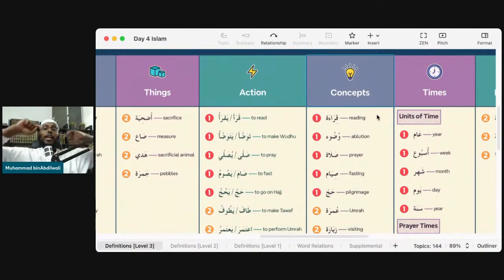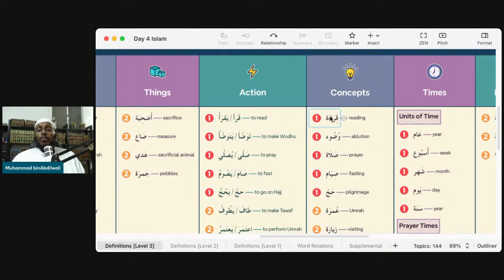Even though there's a strong connection between qira'a, reading, and the verb to read, there's a big difference. Qara'a gives you a tense. Yaqra'u gives you a tense. He's reading now, qara'a, he read. But qira'a doesn't give you a tense. That's why it's not a verb. It gives you the meaning of the action, the act of reading, but without a tense. This shows you the difference between a noun and a verb. قرأ يقرأ قراءة. And this is called the verbal noun. These are the verbs and this is the verbal noun. It is the noun taken from the verb.